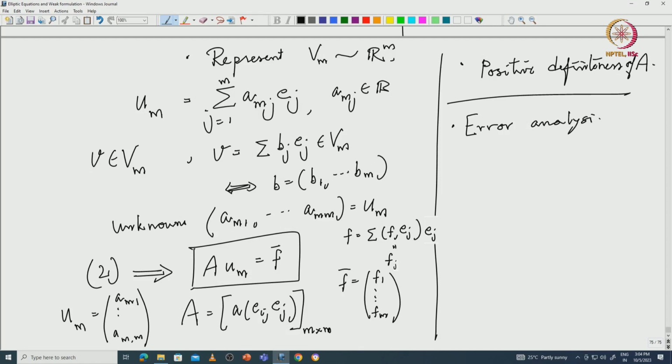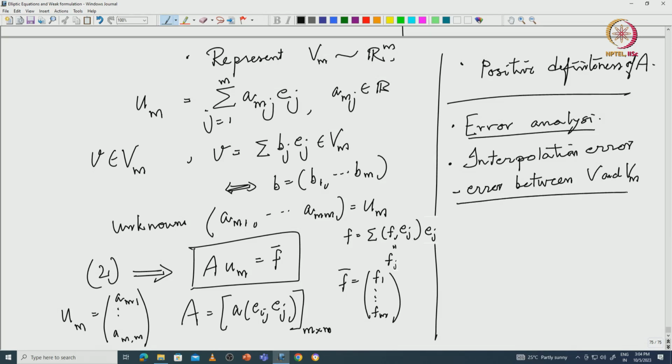So, you try to do what is called an interpolation error. The first step in error analysis is the interpolation error, that means the error between the spaces V and V_m. One of the theorems which we have studied in our Sobolev spaces, something about the interpolation error, comes in handy to do this. But the major problem, of course this error analysis is indeed a problem, but the major problem